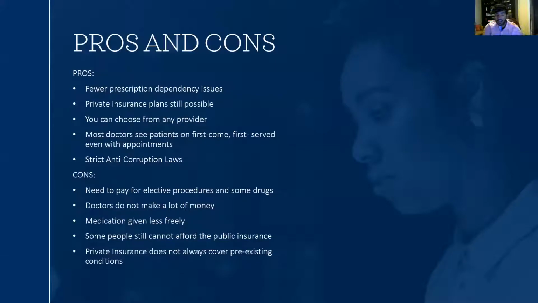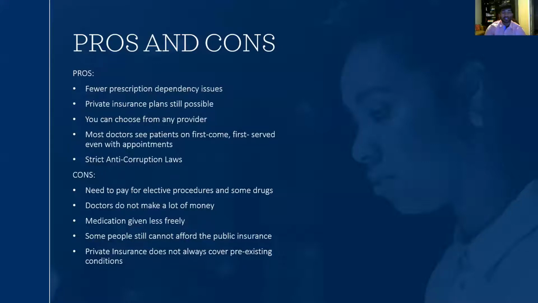So, pros and cons of the German healthcare system. For one, a pro is fewer prescription dependency issues or abuse. So Germany likes to have a wait and see strategy from their physicians. That means fewer medicines are prescribed right from the get-go. So for example, if it's pain relief, there are fewer opioids in general being prescribed. So this causes a long-term lower cost to society and less abuse, even if there's an initial discomfort from the patient.